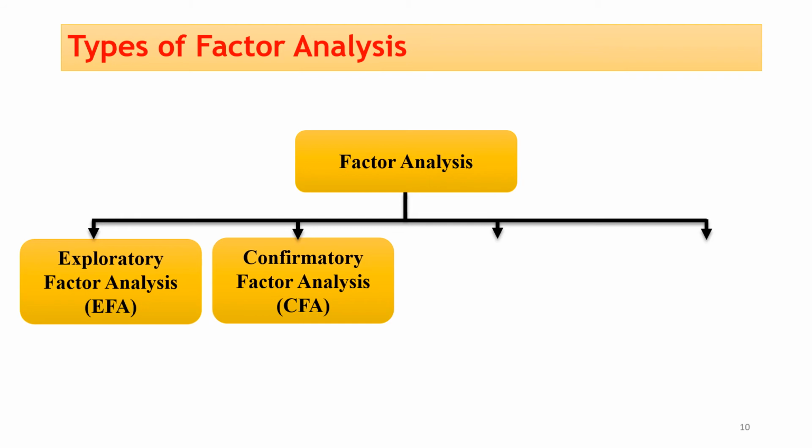The main differences between EFA and CFA are: first, you simply use EFA to explore the patterns and use confirmatory factor analysis to perform hypothesis testing. And confirmatory factor analysis provides information about the standard quality of the number of factors that are required to represent the dataset. Using confirmatory factor analysis, you can define the total number of factors which are required.